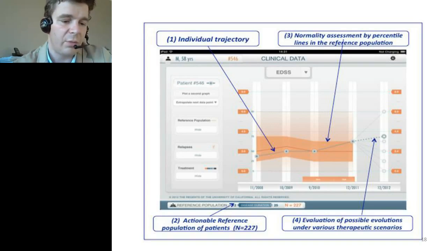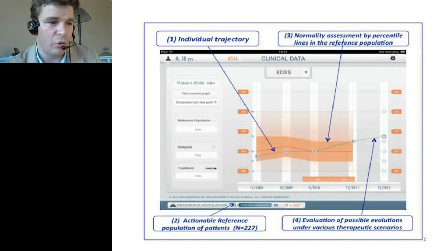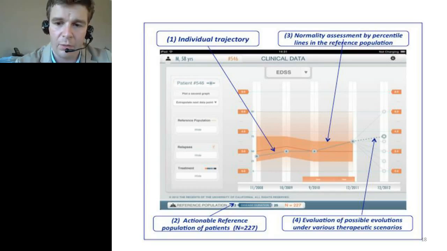And you can actually refine this computation depending on the kind of drug scenario you want to test. So you can do that for drug A, drug B, drug C, and actually use this information to mine the data in a personalized way to better make a decision about the treatment that you want to propose to the patient.